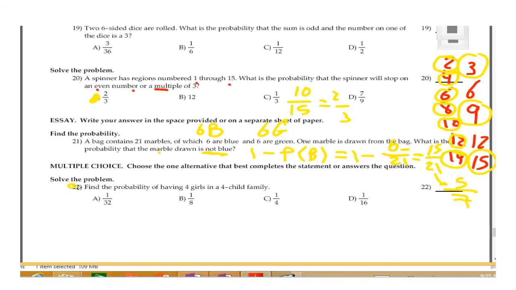For the last one, find the probability of having 4 girls in a 4-child family. What's the probability of having a girl at the first birth? 1 out of 2, because it's a boy or girl. The second one, 1 out of 2. Third one, fourth one. So 1 out of 2 times 1 out of 2, multiplied four times, is 1 out of 16. So the answer is